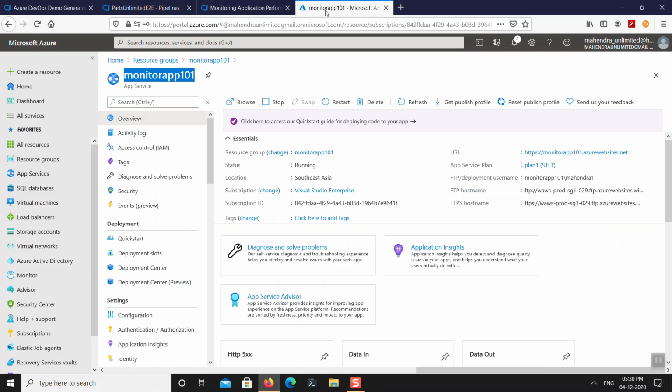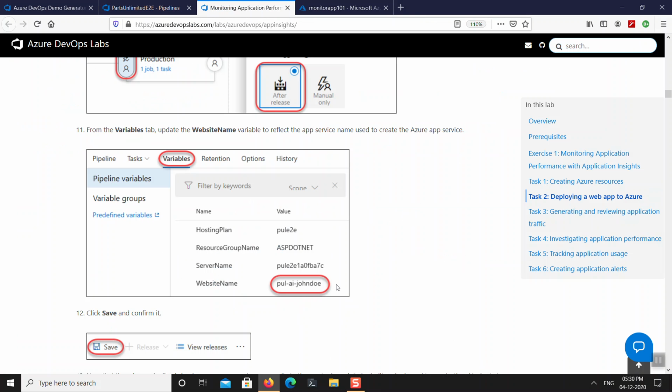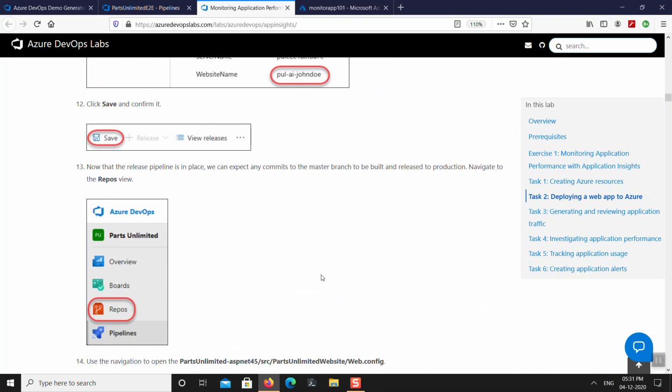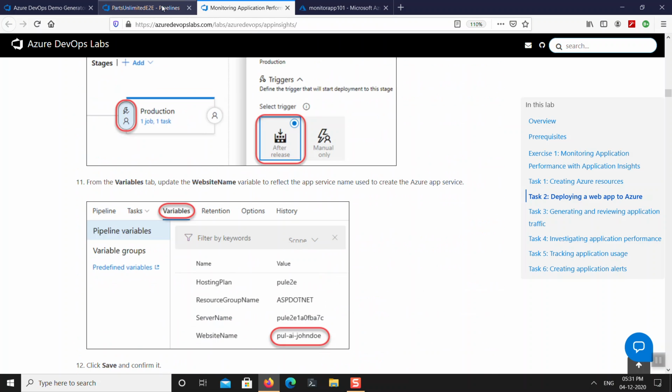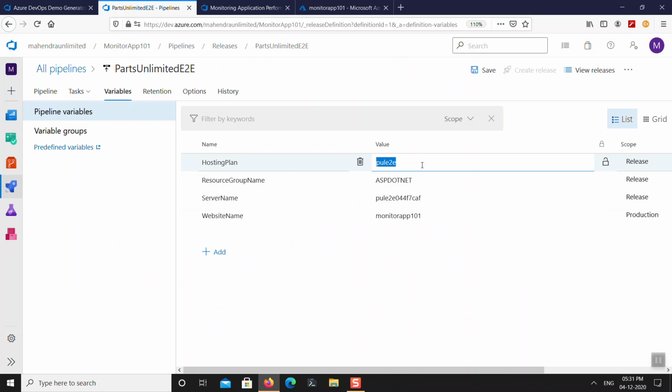What is my server name for this website. Okay, I don't have value for server name right now. Only the website name need to be changed. Rest of the things you can leave them as it is. But I will do one thing. I will also update the resource group and all other parameters. I will also update the resource group here. My resource group name is